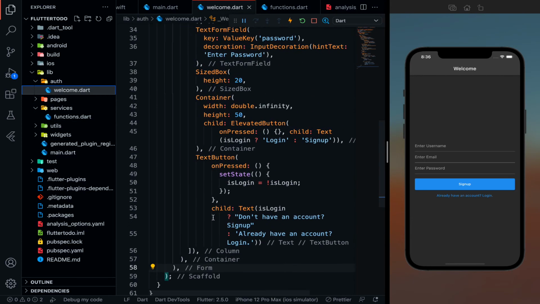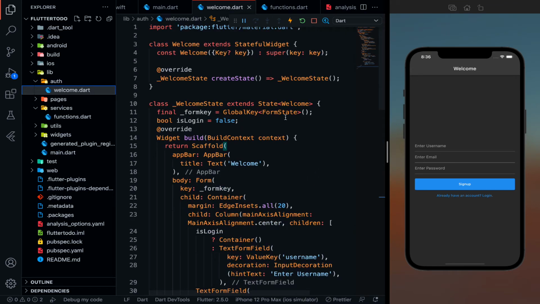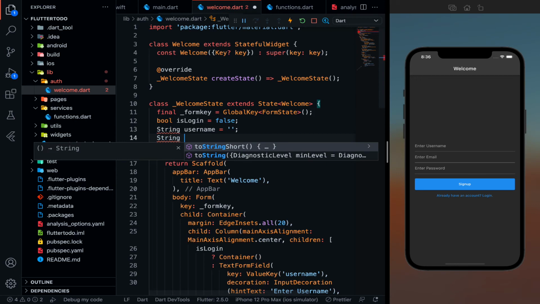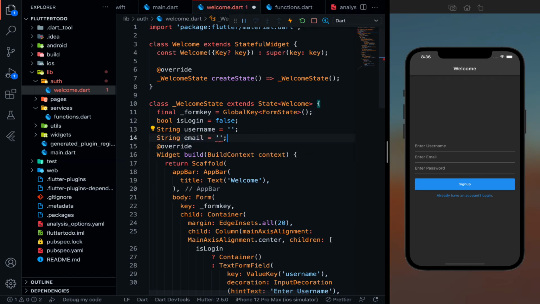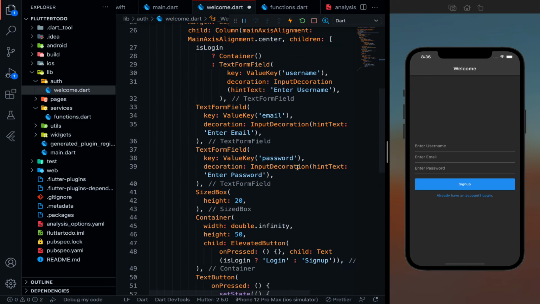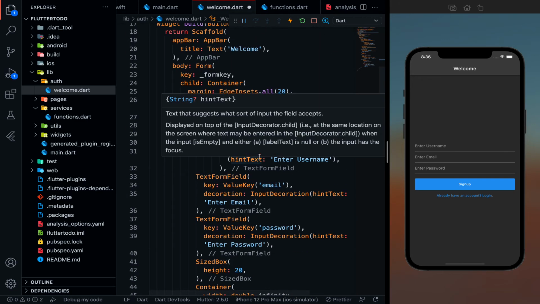And whenever I need to define a few strings now. So these strings, what I'm defining, let me just define string username will be empty currently. Then string email will be empty currently. String password will be empty. So whenever I'm clicking on this button, all these strings will be updated to the text that user has entered in these three text form fields. So that thing is there in on saved, right?